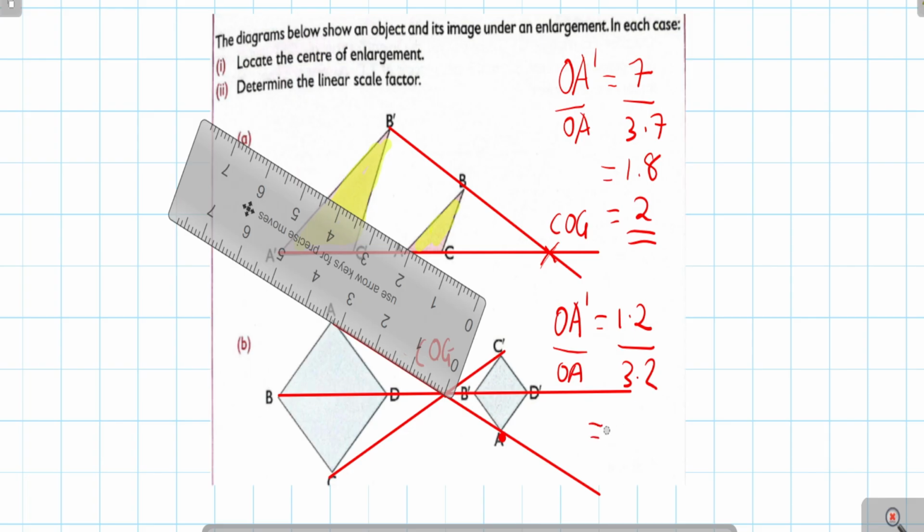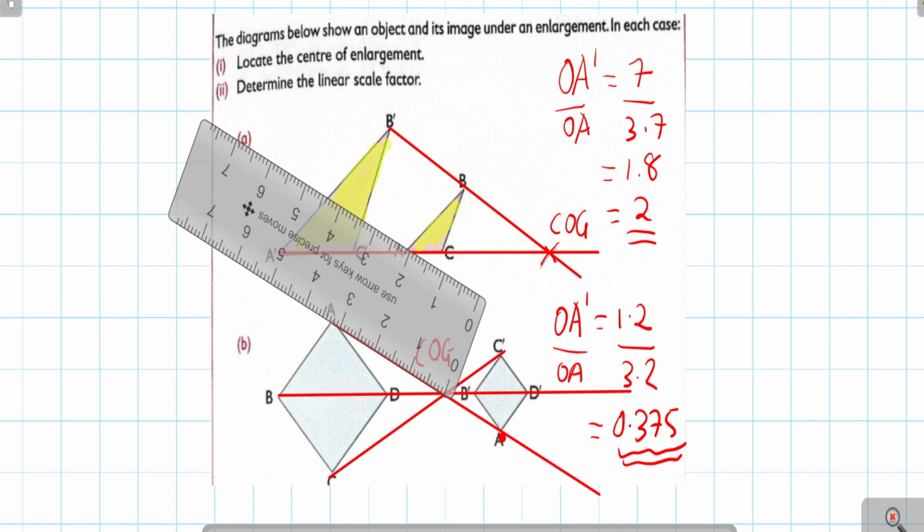So OA prime 1.2 divided by OA, center of enlargement to the image, over center of enlargement to the object. So 1.2 divided by 3.2 is going to give you 0.375. Okay, so ukiona it is less than 1, this means that the object ilikuwa